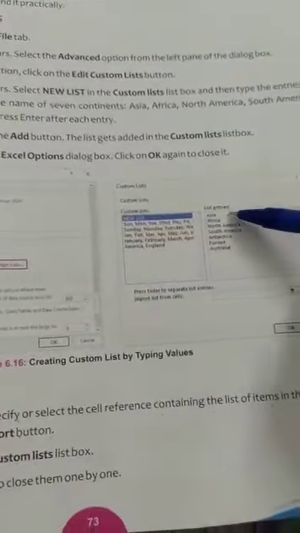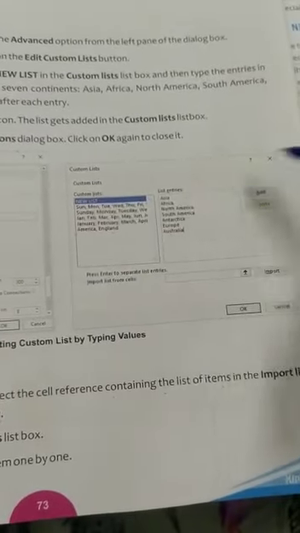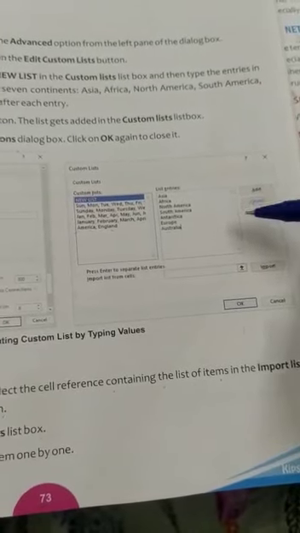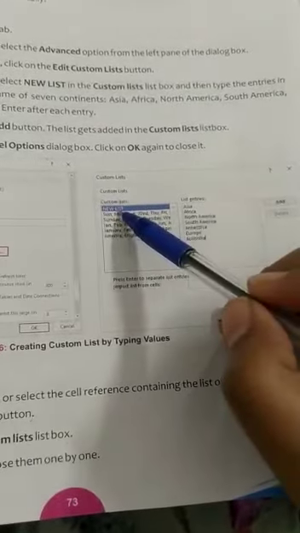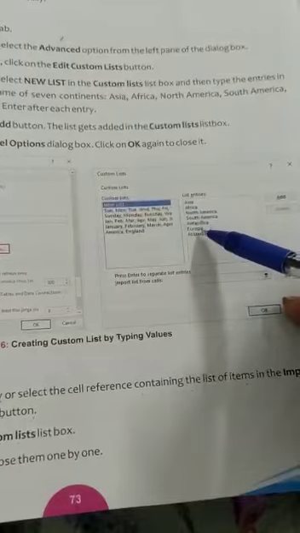Here, this is the list entries box in which you have written all the continents' names, and after writing each, you press the enter key. The name is new list and the entries are the 7 continents.